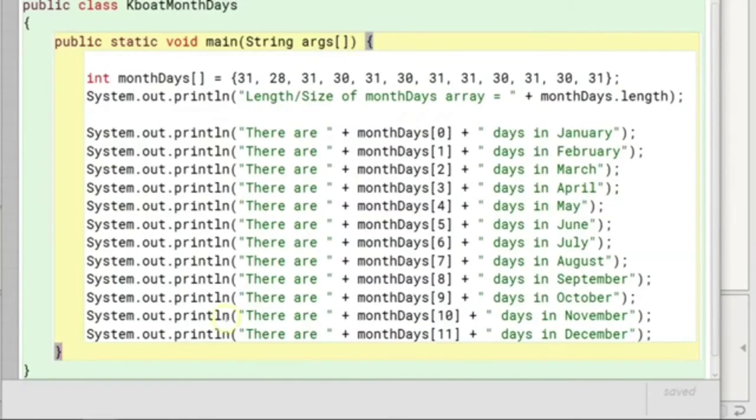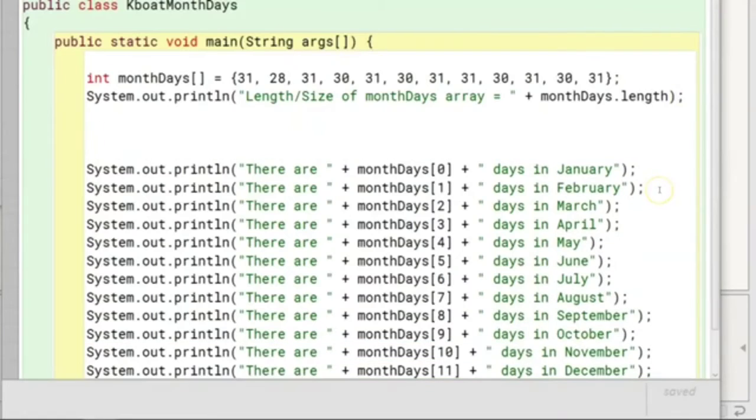Let me show it to you. The loop control variable i is initialized to 0 as the array index starts at 0. It should go till 11, that is 1 less than the length of the array.